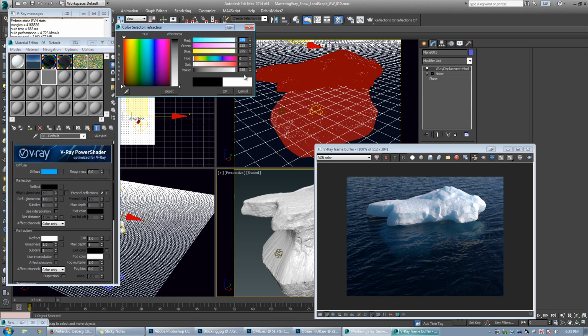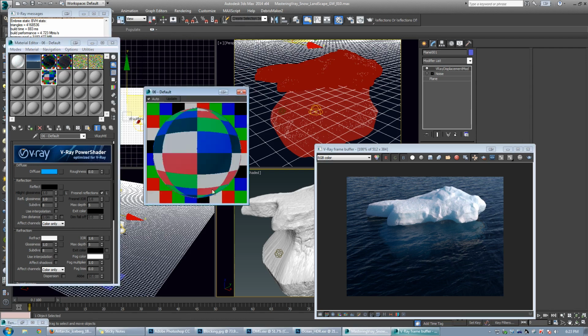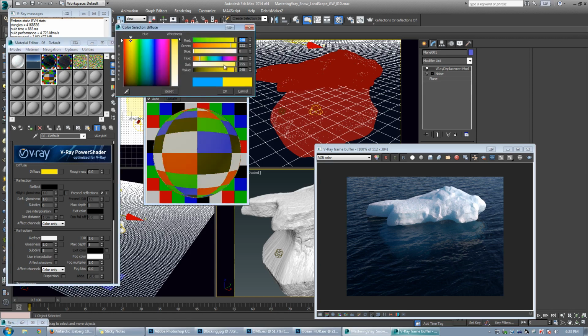Then in the refraction, instead of going all the way to 255, feel free to drop that depending on how many impurities you'd think would be in the water. So a great example there is if you were looking at like an Amazon river where inside the water itself you've got lots of mud and other particles that aren't refractive, that give the water a more solid appearance. So that's where you would go down on the refractive amount. And if I just bring up the background here in the shader, you can see now that there actually is a little bit of that diffuse value coming through. So for underwater, like I was saying, that mud effect,